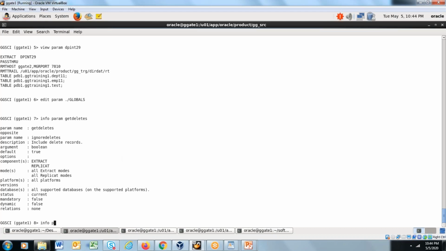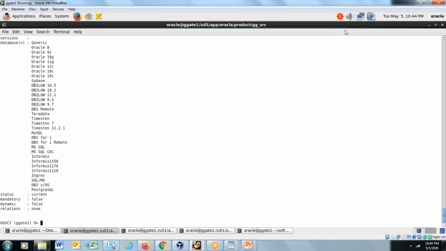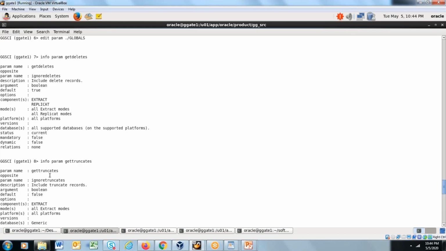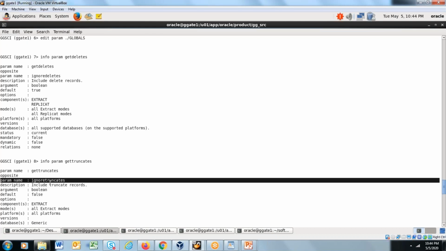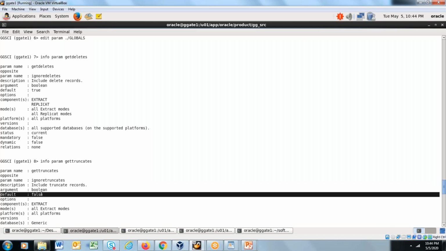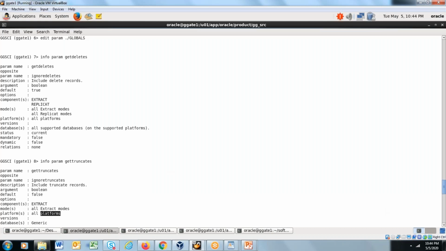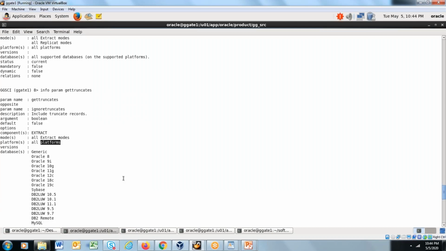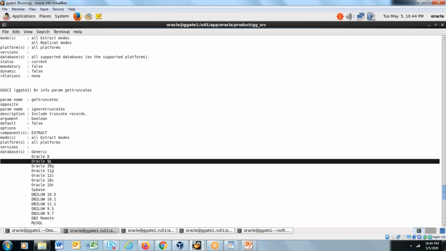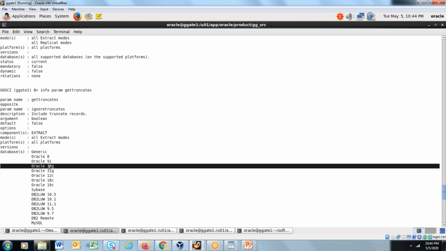Similarly, if you do info param get truncates, you will see that the opposite parameter is ignore truncates, and the default is false. That means that by default get truncates is false, which means that ignore truncates is the default. And it is valid for all extract modes on all platforms. For databases, this parameter ignore truncates is valid for Oracle 8, Oracle 9i, Oracle 10G, 11G, 12C, 19C, and these databases. And for replicate,